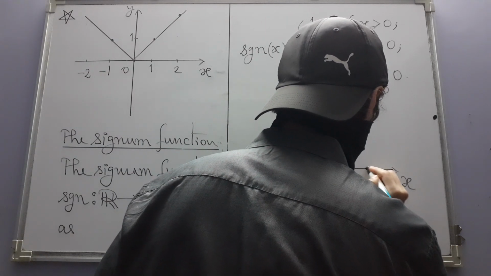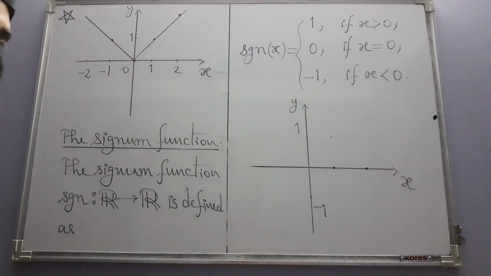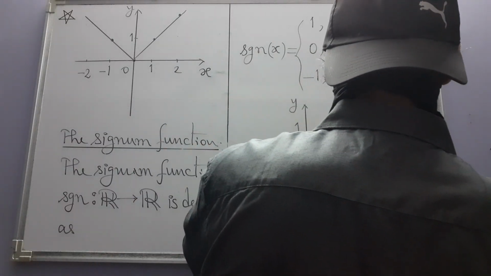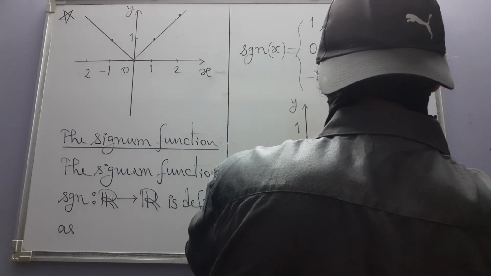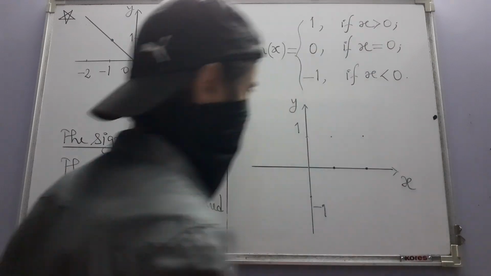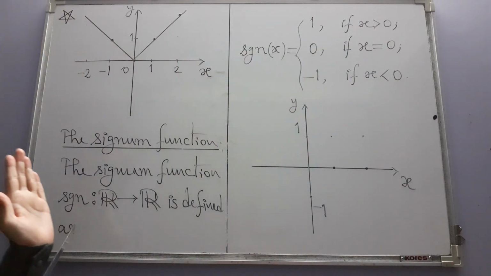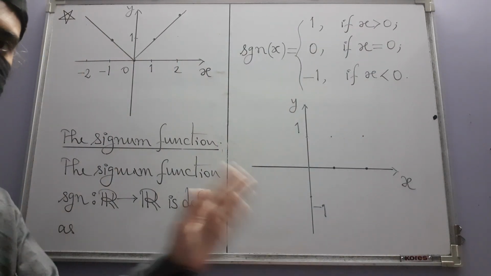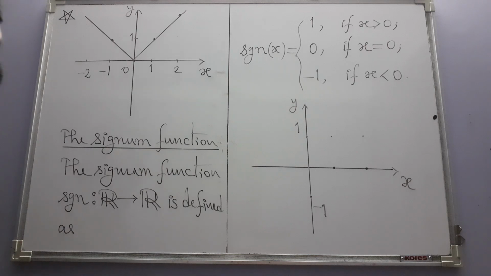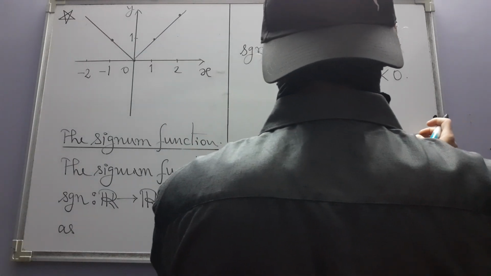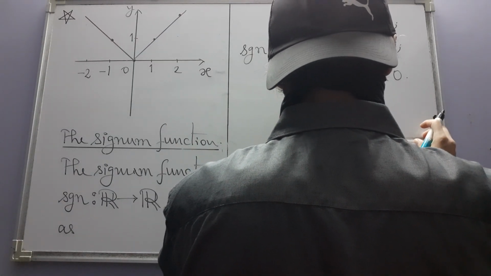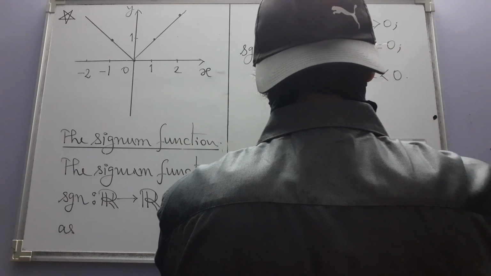If my input is something else, but again positive, the output is still 1. So it's constantly 1 if the input is positive, it does not change. That means if you join all these points, you should then get this straight line